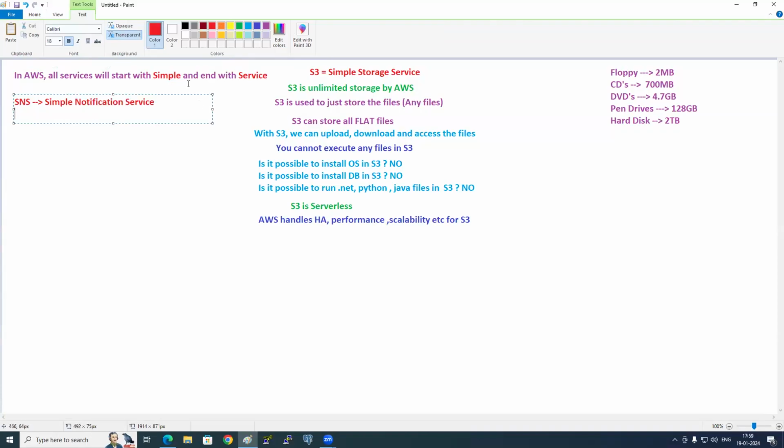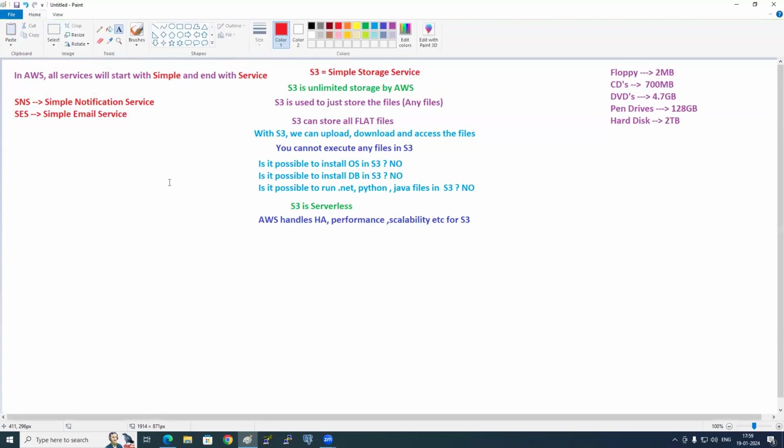What is the full form of SES? Simple Email Service. If you want to send notifications, which service will send them? SNS. If you want to send emails, SES. Like this, you have so many services which start with simple and end with service. Is this clear till here?